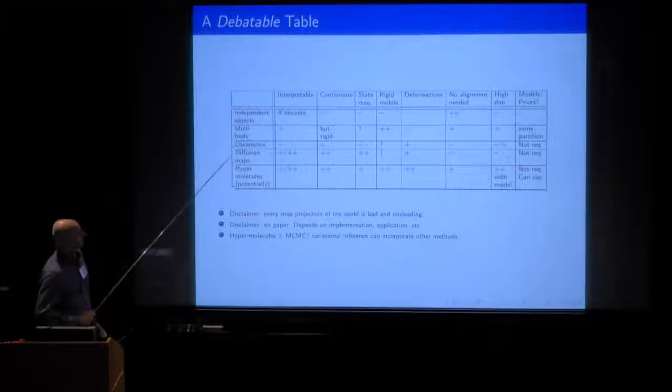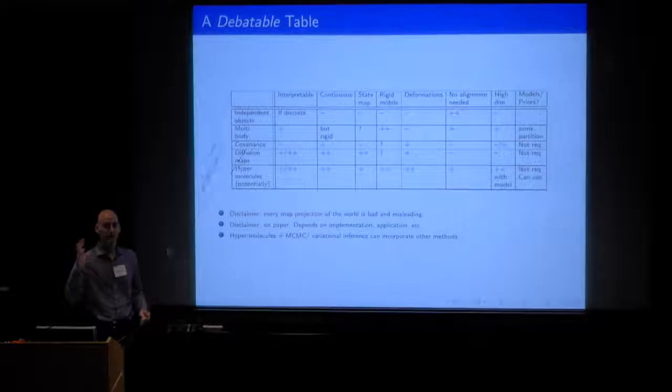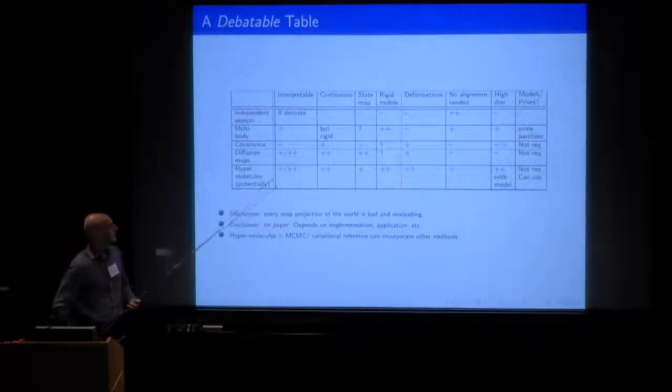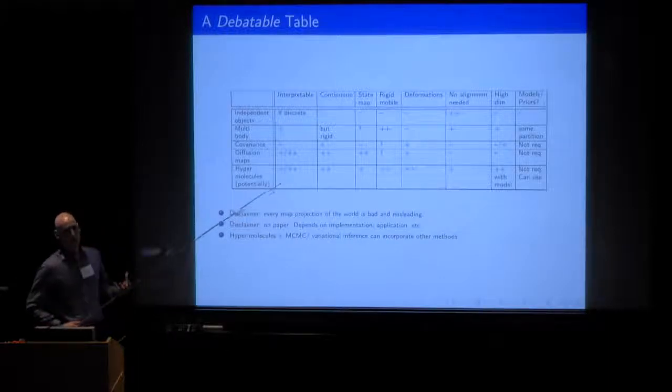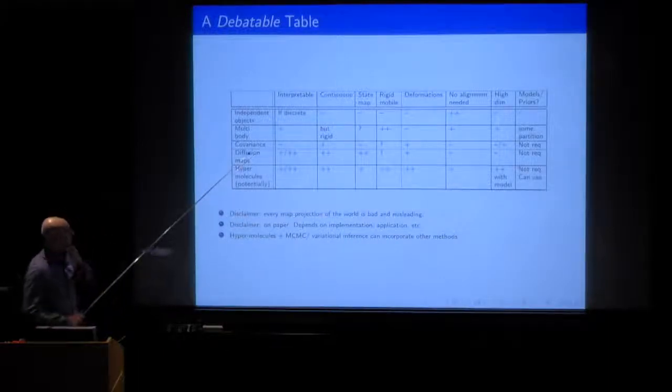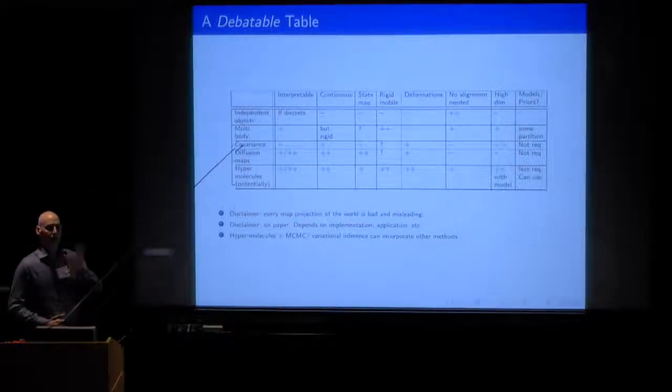And there are these multi-body techniques now, and they're great if you have rigid objects moving, but maybe not as great if they're not rigid. And there's the covariance methods. They usually need an orientation,